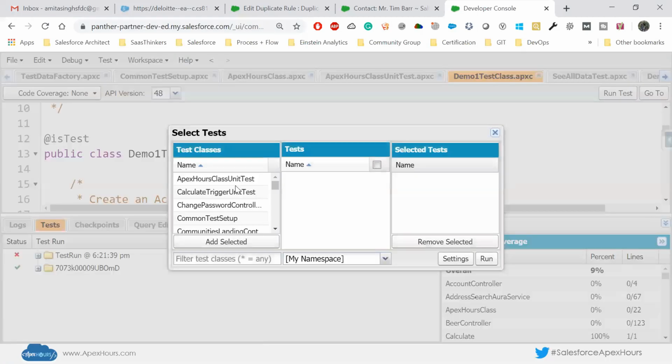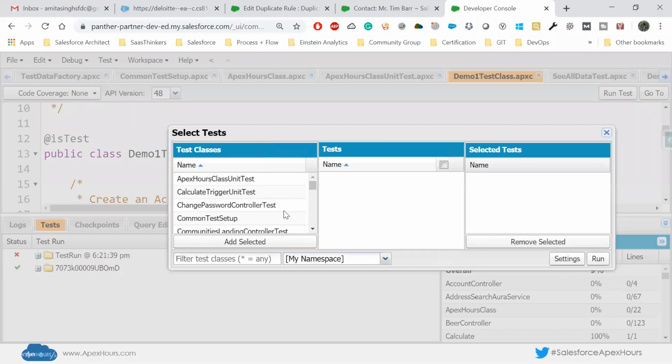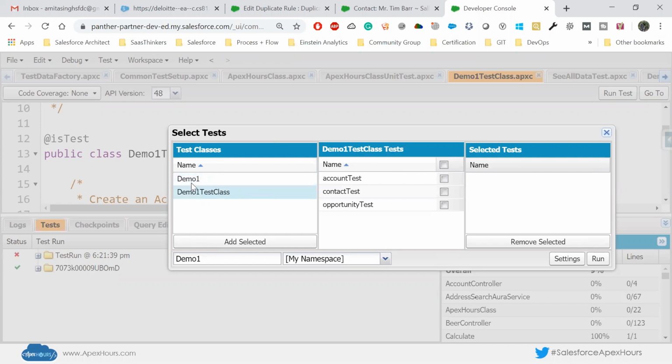If you click here, you will see all the test classes that are available for your environment, and here you will only see available test classes. No classes will be available here, only test classes are. So if we are talking about our demo1, and you try to filter here with the help of a text, you will see demo1 and demo1 test class. And once you click here,